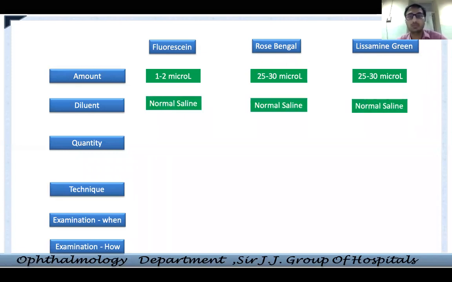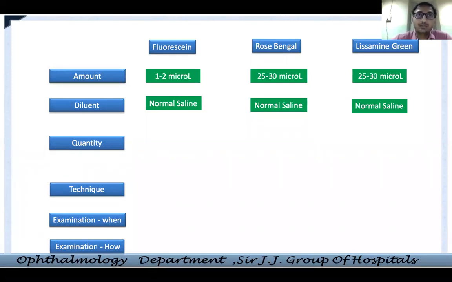Then, what diluent to be used? If I ask what diluent you all use, I will get various kinds of answers, from tear substitute to distilled water to saline or antibiotics or anesthetics, everything. The ideal diluent, if you get a chance to use it, is unpreserved normal saline. If one of you asks, why can't I use distilled water? See, distilled water is a bit hypoosmolar and it is going to affect your ocular surface more, especially in dry eyes. So it is not recommended that you use distilled water.